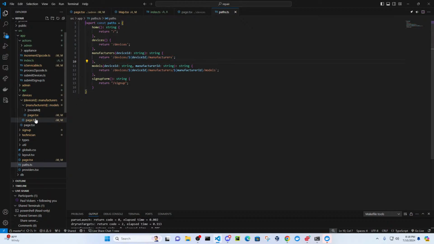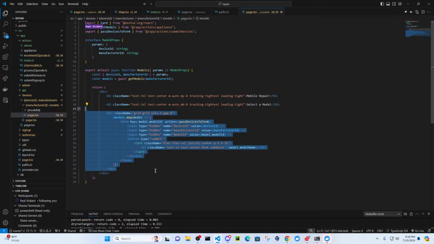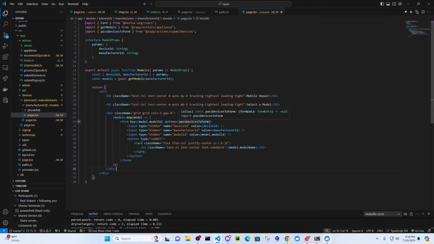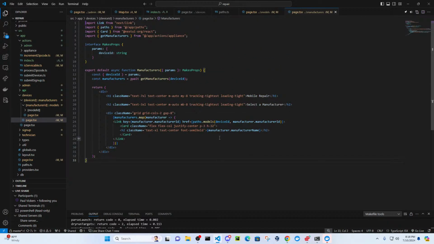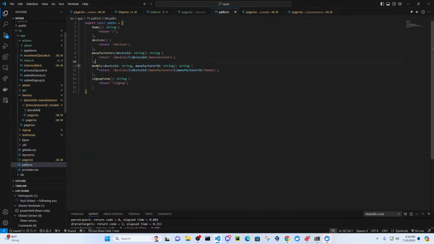And then you're going to end up on this one where we have the same thing, a bunch of cards, and you can see in here, actually, this is the one for manufacturers. Then you can see here, we're navigating to path style models, which is this one here. So it's basically passing in the devices, device ID, manufacturers, manufacturer ID, and models. And then on the models page,